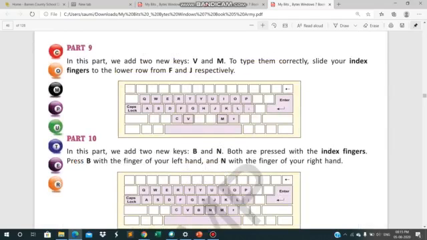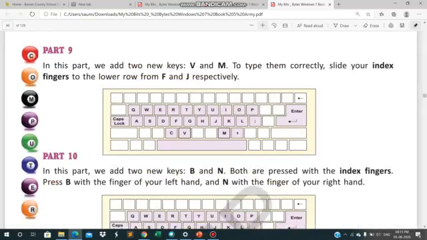Part 10. Now देखो अभी हमने PPT पढ़ा, and the PPT was more than enough for us to understand the thing. Now we are going to read part 10. In this part we add two new keys, that is B and N. Both are pressed with the index finger.